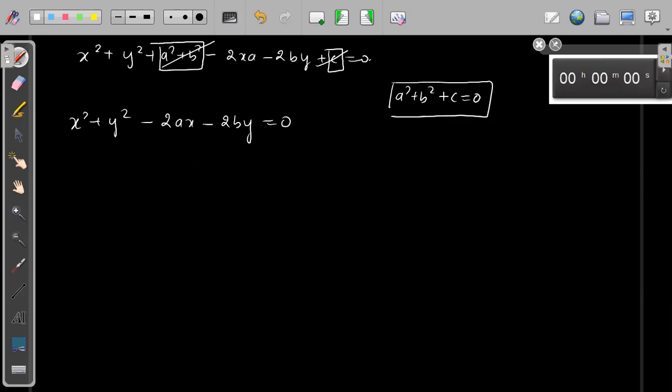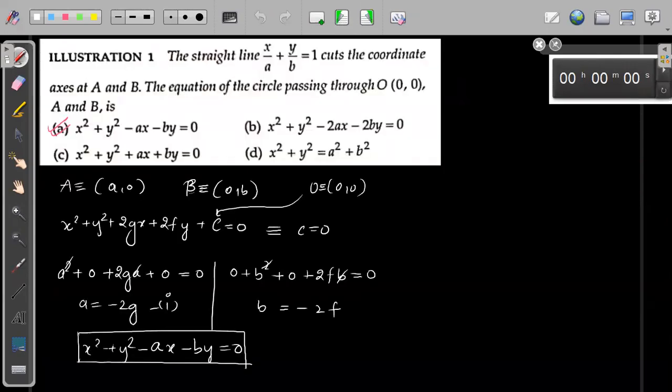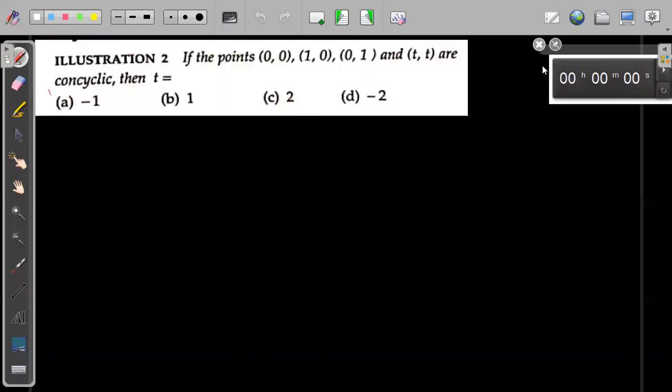I can take this as capital A and capital B because A and B have already been given. Now I have two other points, A comma 0 and 0 comma B. This is exactly solving like the previous one, and still you will get the same result. Understood? Fine. Next, now solve this one.